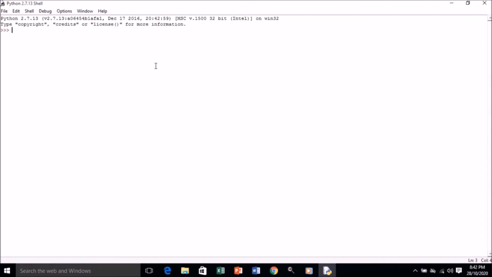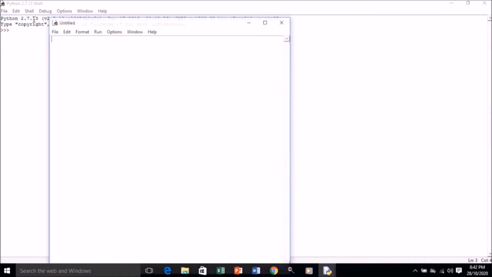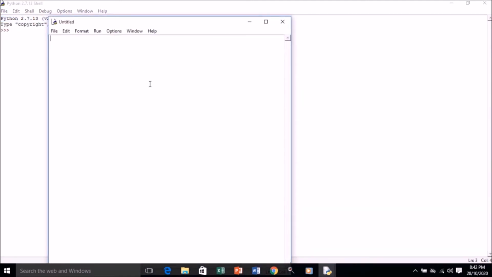So let's understand how to create a program in script mode. For that, simply we'll click on the file option and we'll go for a new file. So here the new file has opened, and here we can type a program and then save the file. So let's type here, I'll be typing here print in double quotations, this is my first program. Okay, so this has been done. After this we have to save the file.